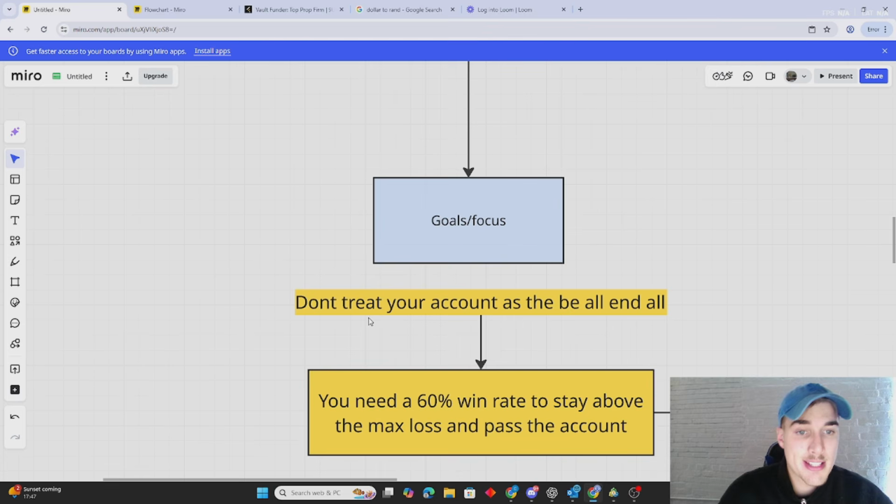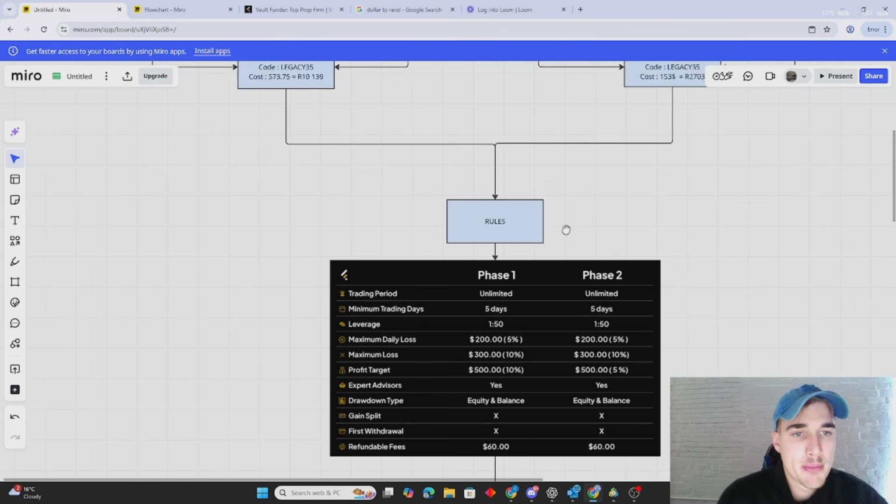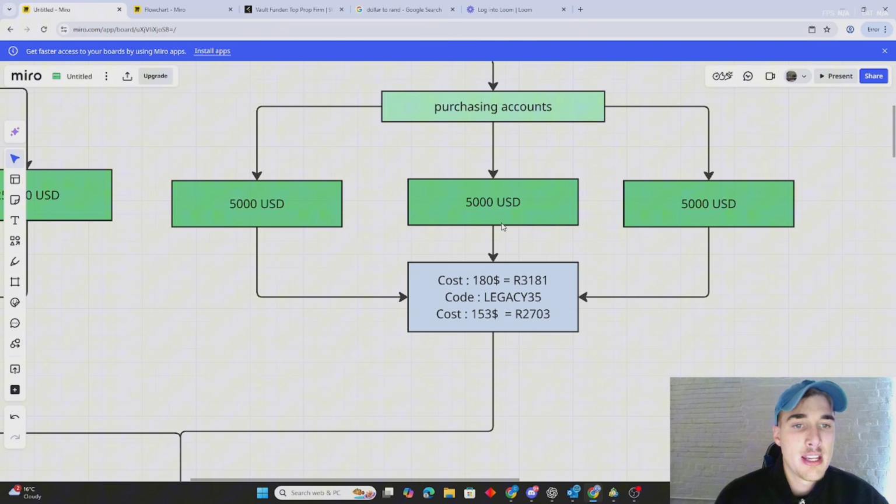So theoretically, what I'm basically saying here is if you had a $5,000 account, 3% of it is what, $150. What does the account cost? $153. Okay, so maybe it doesn't cover the cost exactly, but that's on one trade. If you hit 3% using your risk management, risking 1 to make 3, you can literally make your money back on a single trade for all 3 accounts if you had to drop this one and pass the last one,